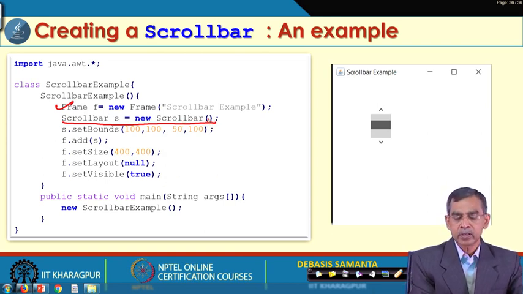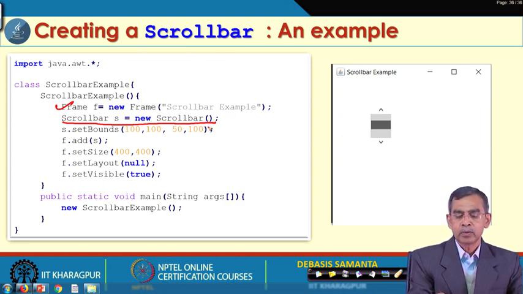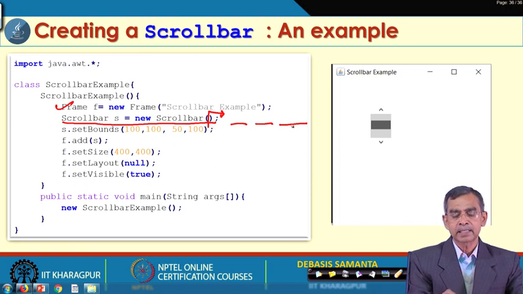If we use the default constructor, it will automatically create a vertical scroll bar, and no other parameters are there. But here we can define vertical or horizontal, and then the size, the visibility and the range. All these parameters can be defined.